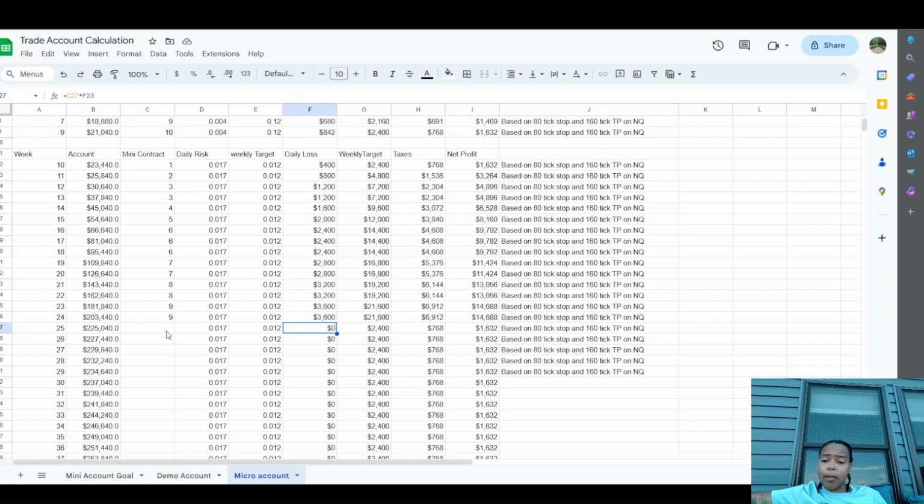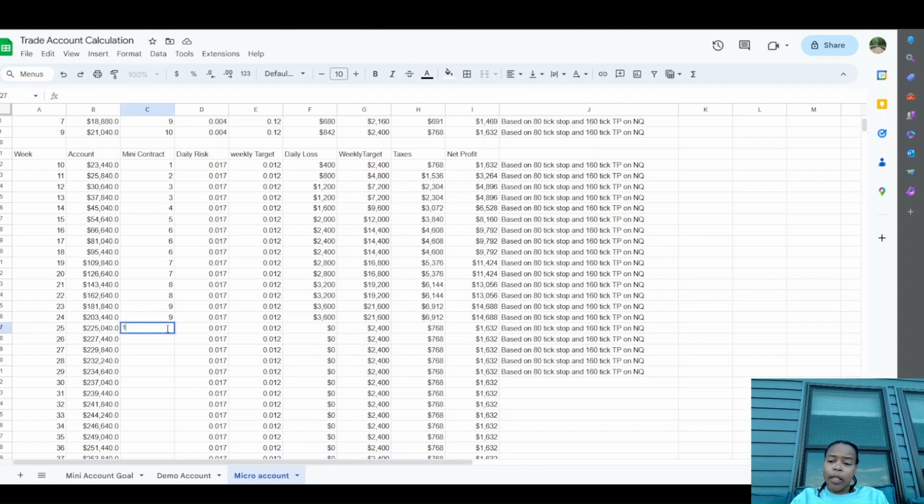I mean, it's crazy. So I don't think I'll be trading more than 10 contracts probably. So that's when we get to 225. Let's go 10 contracts and let's just leave that as the base. So that would be $8,000. Are you kidding me? That's $8,000 times 3 trades. That's 24,000. So that's 24,000 a week,